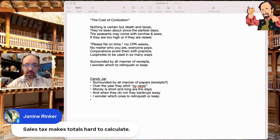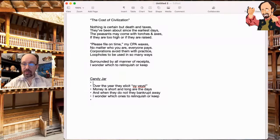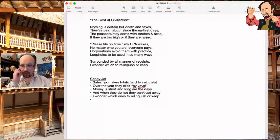Janine says sales tax makes totals hard to calculate. Yes. That is good. Going to go into the candy jar here. Although I find usually it's kind of easy to calculate, but that's just me. I worked in retail for so many years. I can figure out